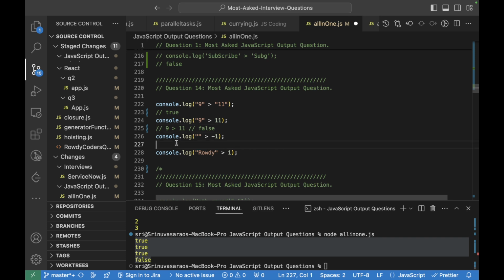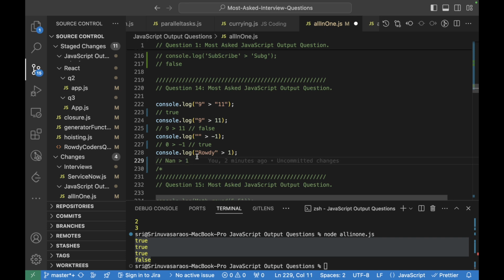And when it comes to this, the string will be converted to 0 here, and 0 is greater than -1, yes, so it will give true here. When it comes to this particular string, it will try to convert to a number. After type conversion, when trying to convert this to number, this will be NaN, and then checked with 1.